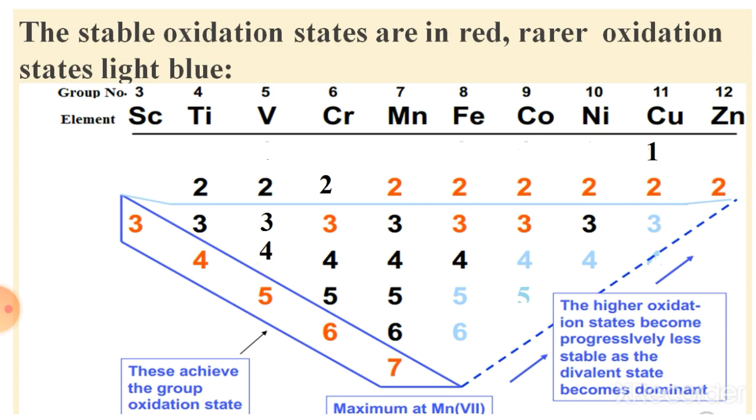So look at the table properly. Here the red color of oxidation states shown are more stable. So dear students, look here properly. The maximum oxidation state of reasonable stability corresponds to the sum of ns and (n-1)d electrons up to Mn. That means scandium contains 3 electrons. Here it also shows the +3 oxidation state, and from titanium, vanadium, chromium and Mn, this also indicates the highest oxidation states, that is +4, +5, +6, +7 respectively.